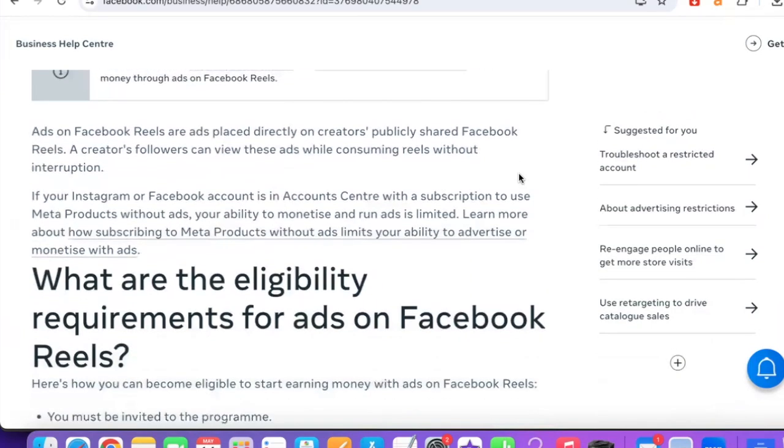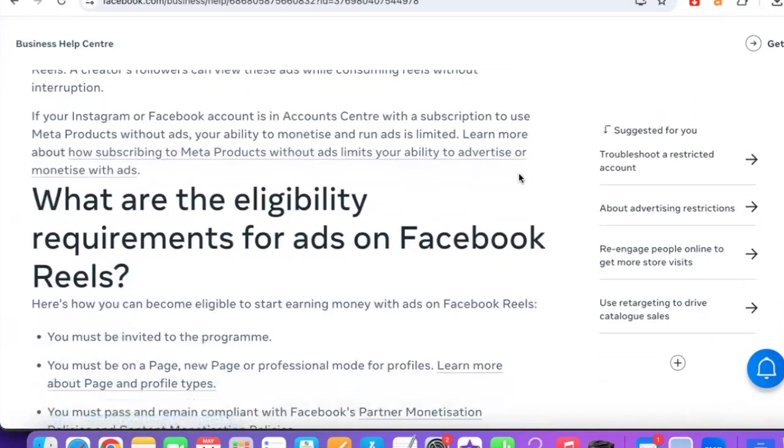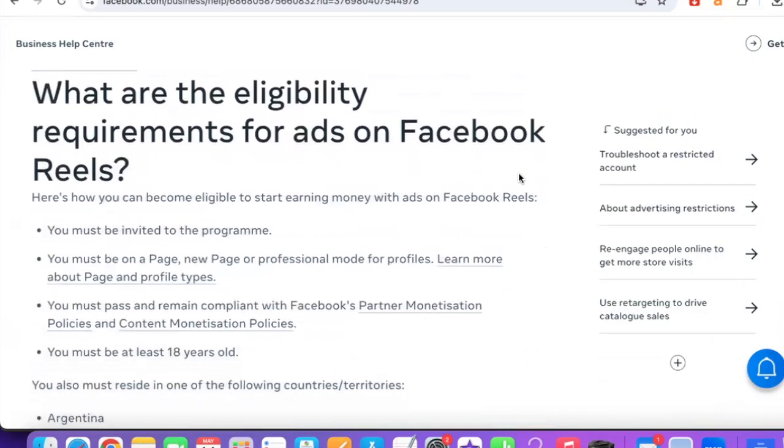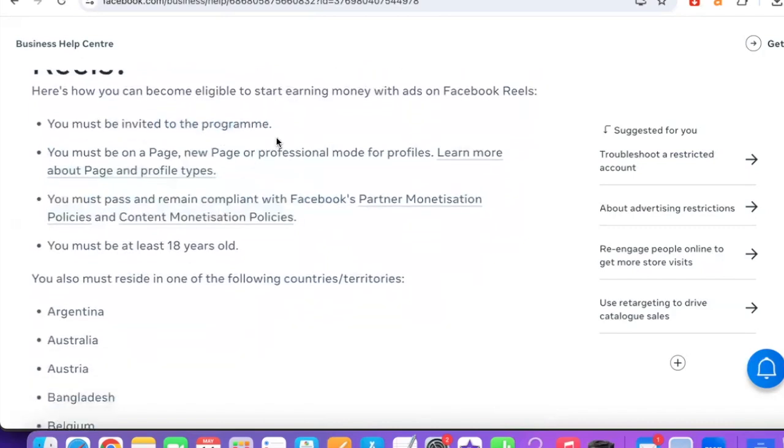Now the Facebook Reel monetization feature is only available to a select few. Not everybody has access to this program. I personally don't have access to this program, and the reason for that is because you need to be invited to the program. As you can see, you must be invited to the program. It's not something that you can just go out there and apply and join for free or whatever the case may be. So you will need to have an account that obviously has a ton of followers, is very active on Facebook, and meets their eligibility criteria. As you can see right here, they have different eligibility criteria, but the most important one here is making sure that you are invited to the program, even if you meet all those criteria.